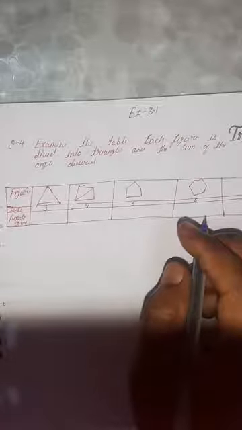So what we have to see here, as you know very well, is that in a triangle the sum of all angles, that is angle 1, angle 2 and angle 3, is 1 multiplied by 180 degrees. As we know, in a triangle the sum of all angles is 180 degrees. So 1 multiplied by 180 is equal to 180 degrees.